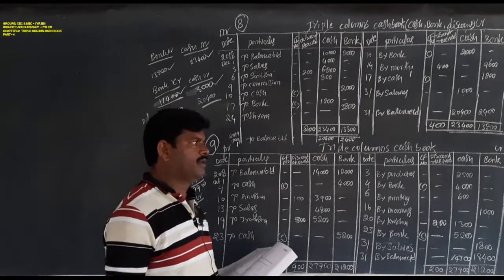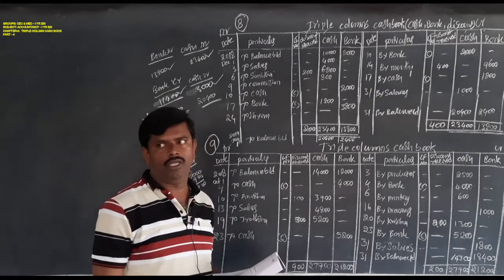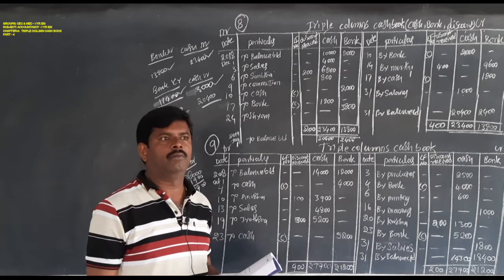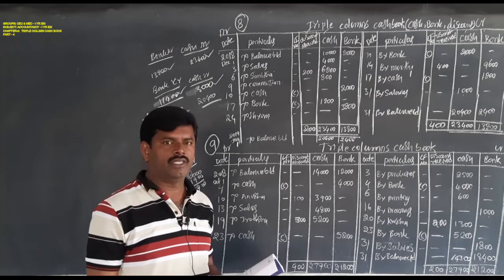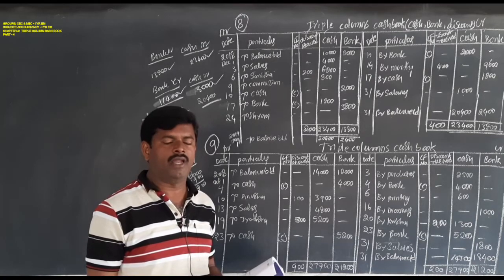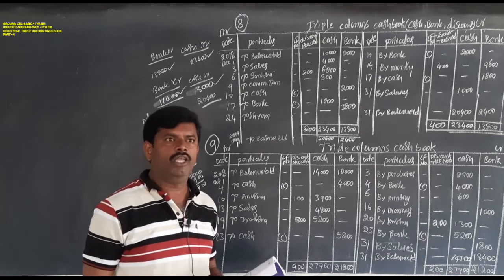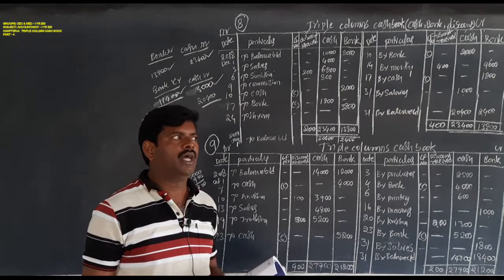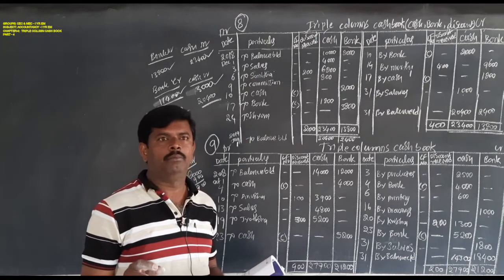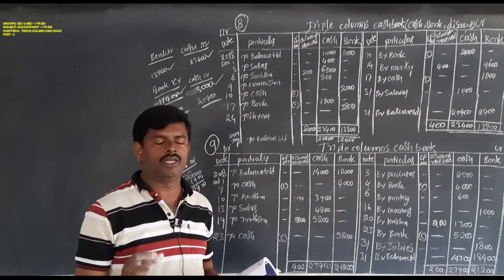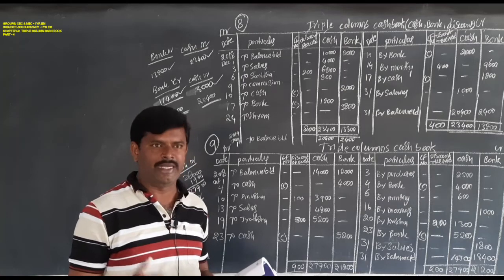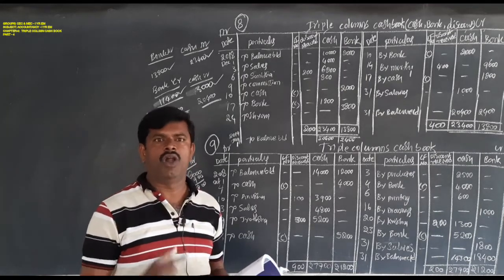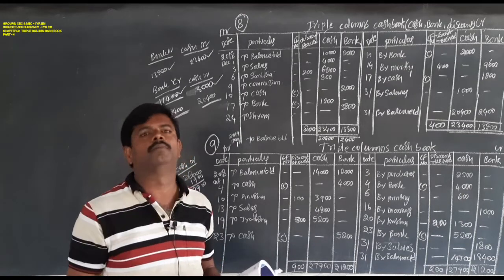Remember one thing, first read the problem thoroughly. What are the transactions recorded on the debit side? Cash column as well as bank column. What are the transactions recorded on the credit side? Bank column as well as cash column. Read the problem twice and you get clear and exact information. What are the transactions recorded on the debit side, and on the credit side? Either cash column or bank column, whatever it may be, understand? Then only start the problem.